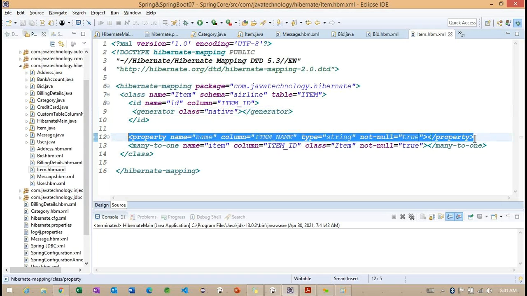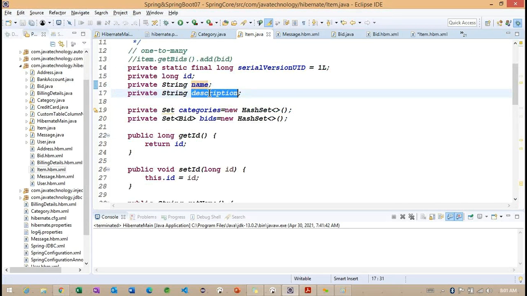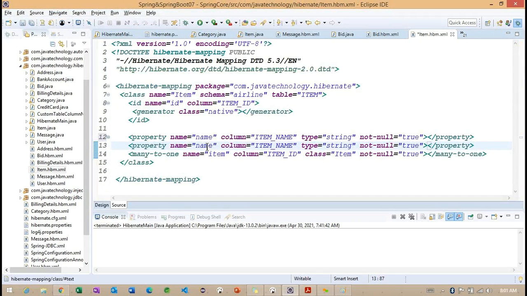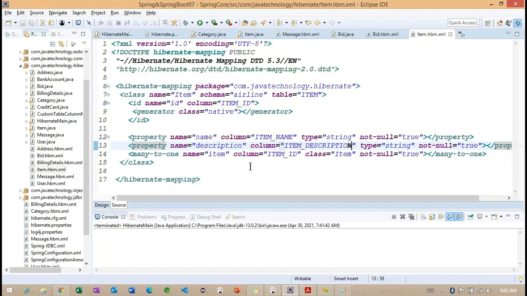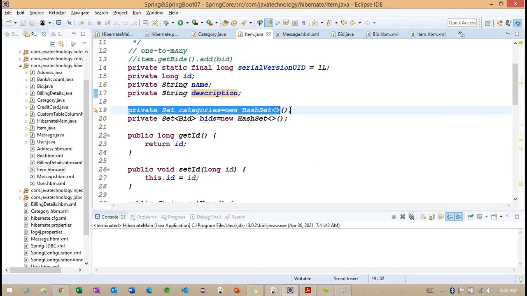This is one property, and another property I want to make is description. As of now, we'll try to make this empty.